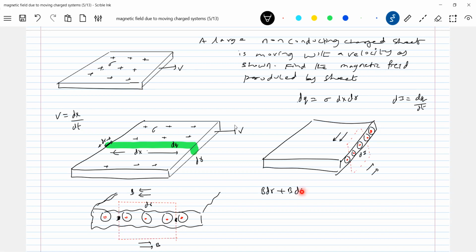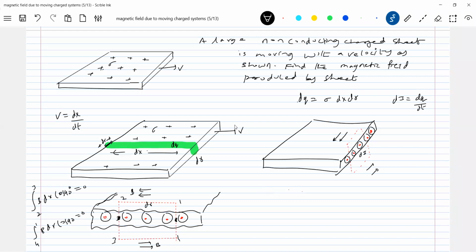There's a basic problem. Everywhere the application will come: Ampere's circuital law. So what about the value of B bar dot dl for 1-2, for 2-3, and for 4-1? It should be zero, no? It will be B dr cos 90, which is zero. Similarly for 4-1, B dr cos 90, zero. So I'll add up only due to 1-2 and 3-4.